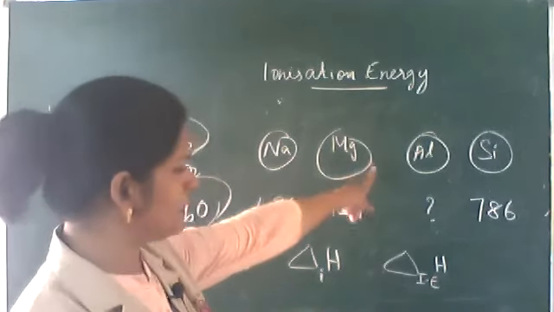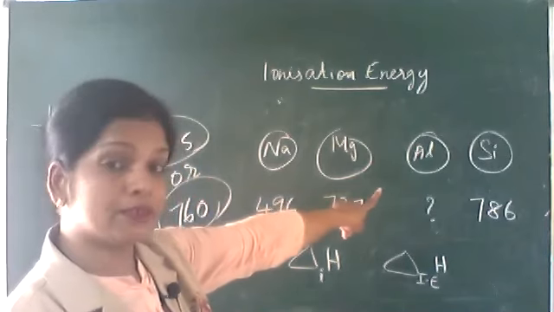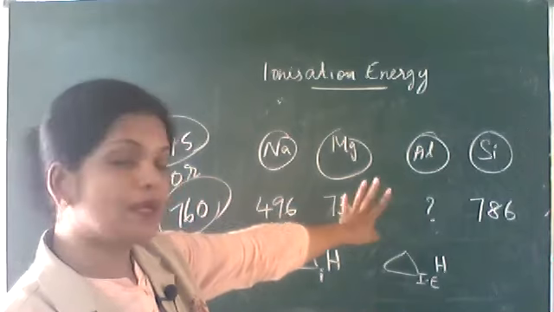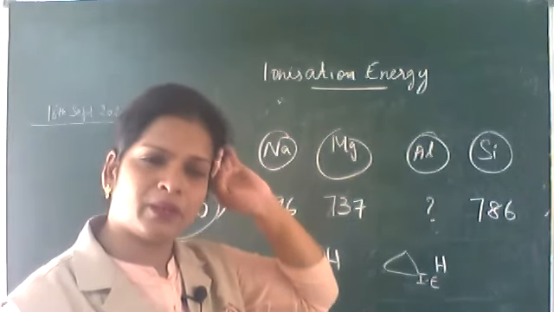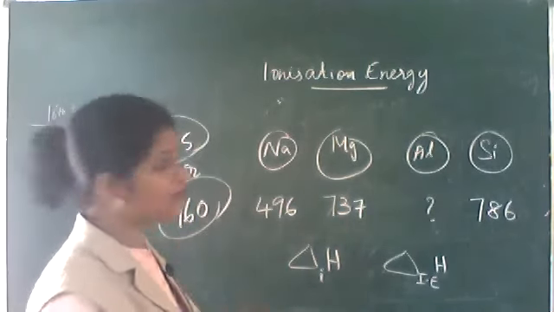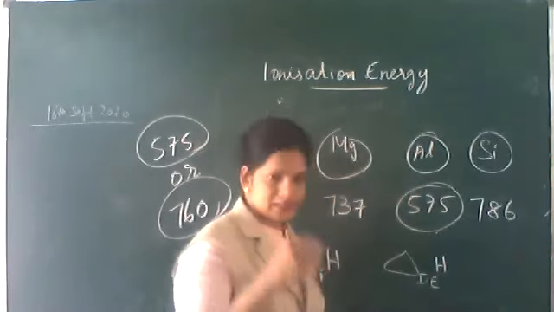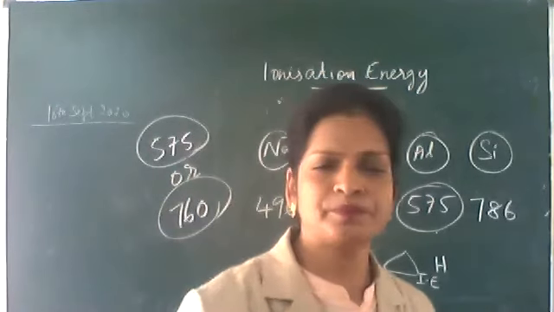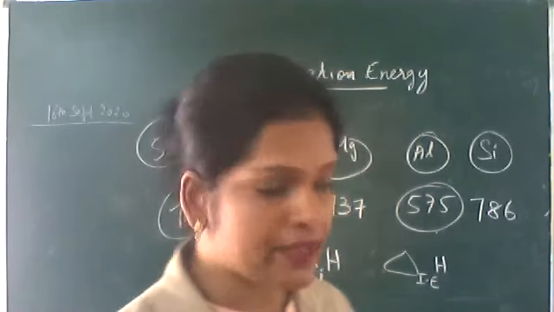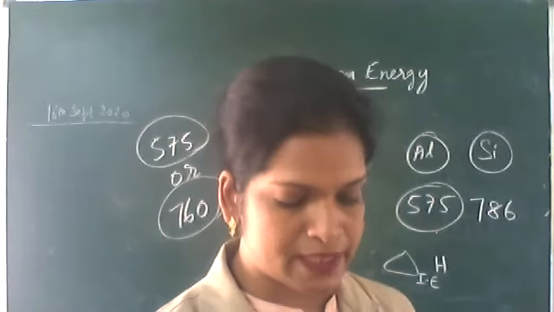You know that it is aluminium. Aluminium's 3p electron is very well shielded by the inner 3s spherically symmetrical orbital. So the last electron is not well attracted by the nucleus. You have to give very little energy. So the answer is 575. In the case of aluminium, similar to boron, there is a dip in the ionization enthalpy. So write the answer: it will be closer to 575.